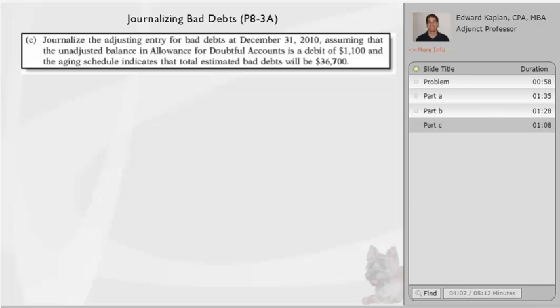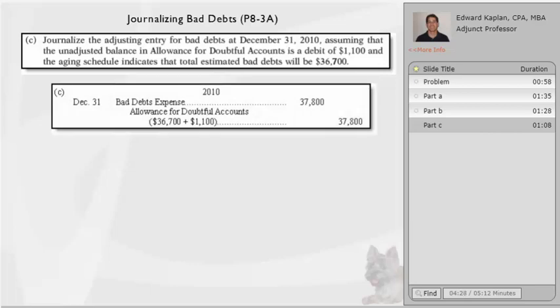Okay, now let's look at transaction C. Journalize the adjusting entry for bad debts at December 31st, 2010, assuming that the unadjusted balance in allowance for doubtful accounts is a debit of $1,100 and the aging schedule indicates that total estimated bad debts will be $36,700. Okay, with that piece of information in front of us, we should be able to conclude that bad debt expense now needs to be